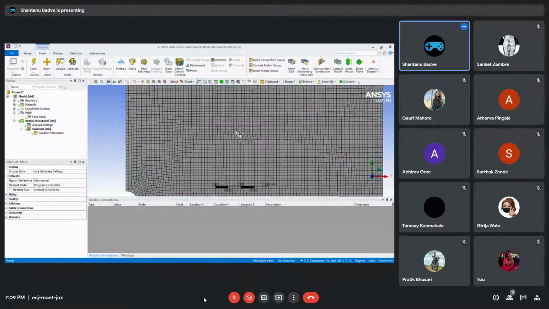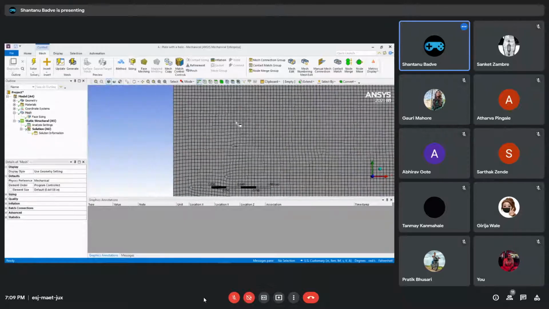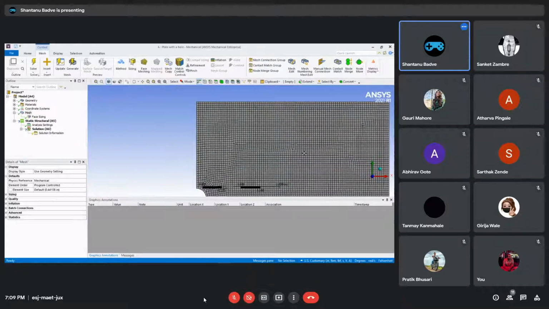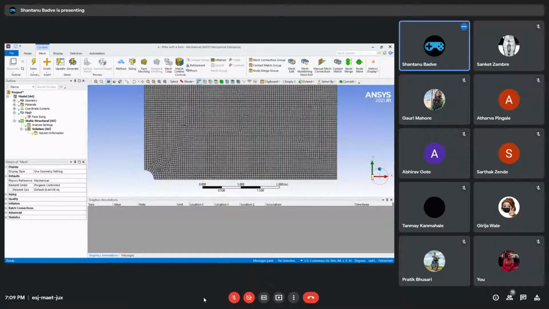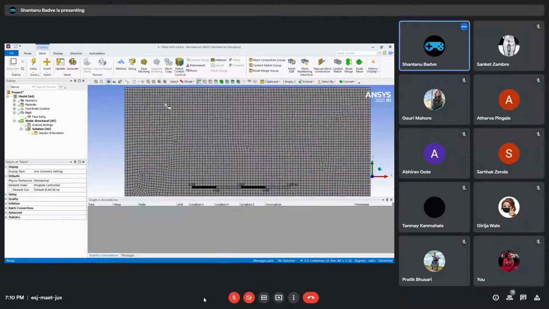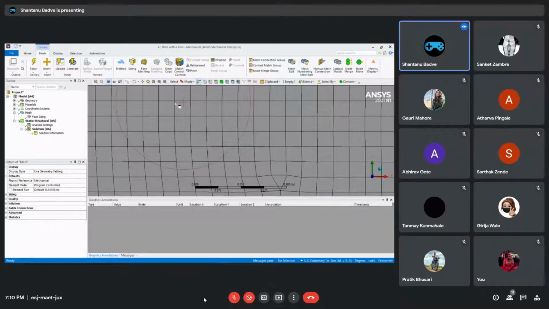But as you can see, the mesh has a specific shape. These square-like shapes and these triangles are famously known as the quad 4 and tri 3 shapes. These are basically two-dimensional elements. Each one of these squares that you see here is known as an element. And if you zoom in a lot, then each one of the corners of these elements are called nodes.